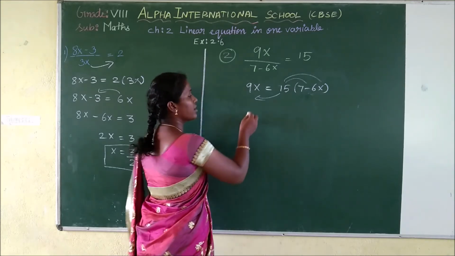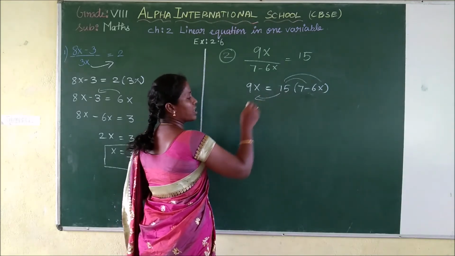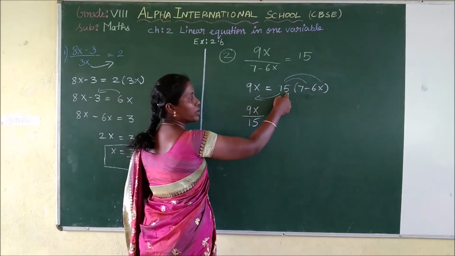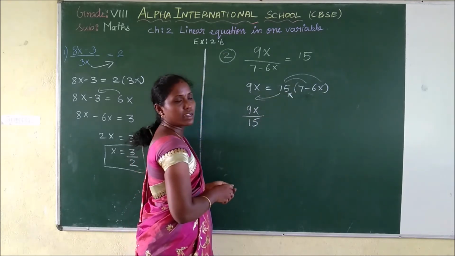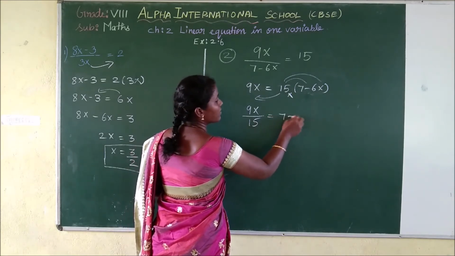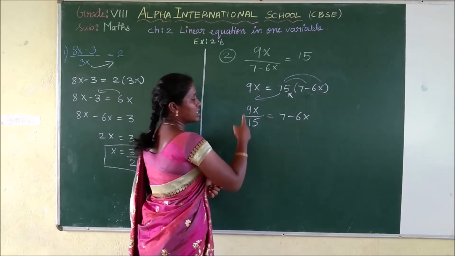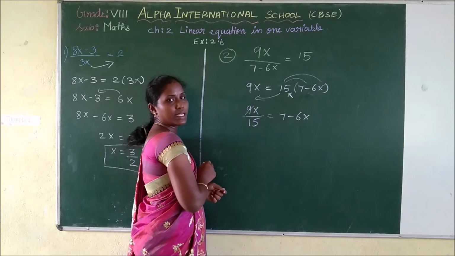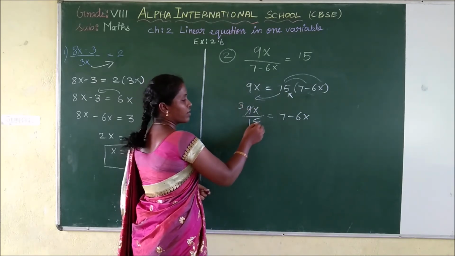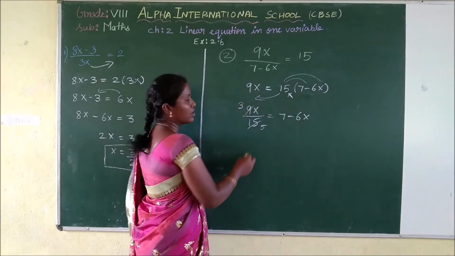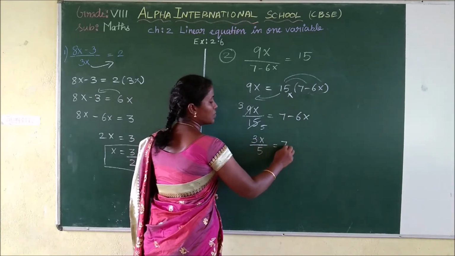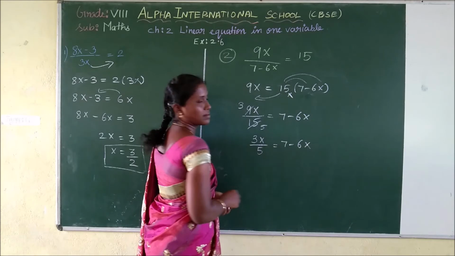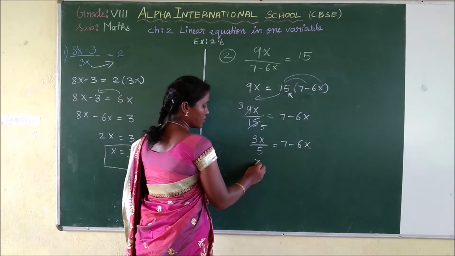The next way, see here, 9x. I am taking 15 here. It is under multiplication now. If it is under multiplication, it comes here, it is under division. Is equal to 7 minus 6x. Shall we simplify this using 3 by 3? 3 3s are 9. 5 3s are 15. So it is 3x by 5 is equal to